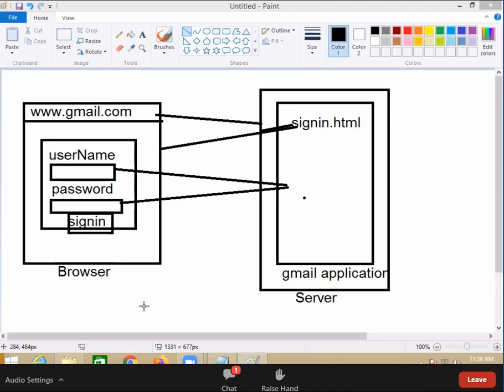Yes. Okay, now. There is one program which takes the input and processes it and gives the result back. And that result is static or dynamic? Dynamic. But for that, I require one program at which side? Server side. Now to develop dynamic web applications,